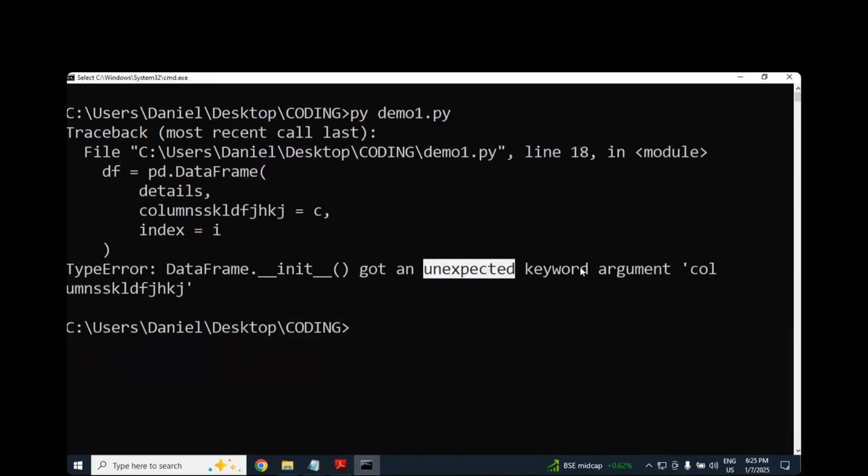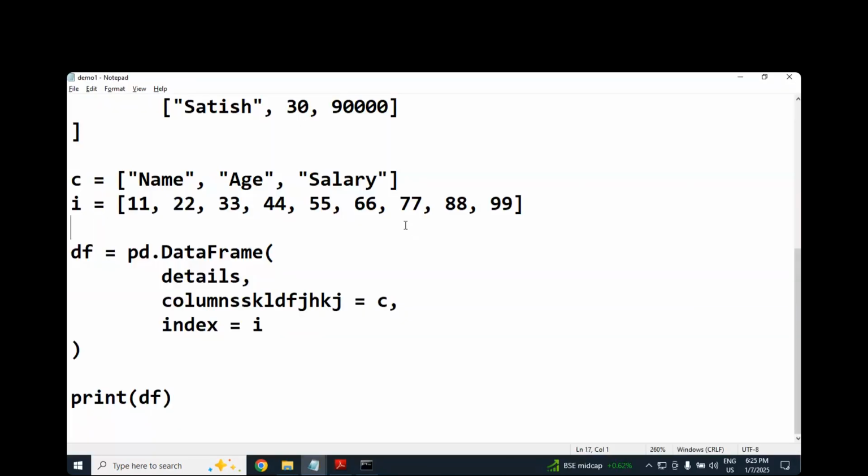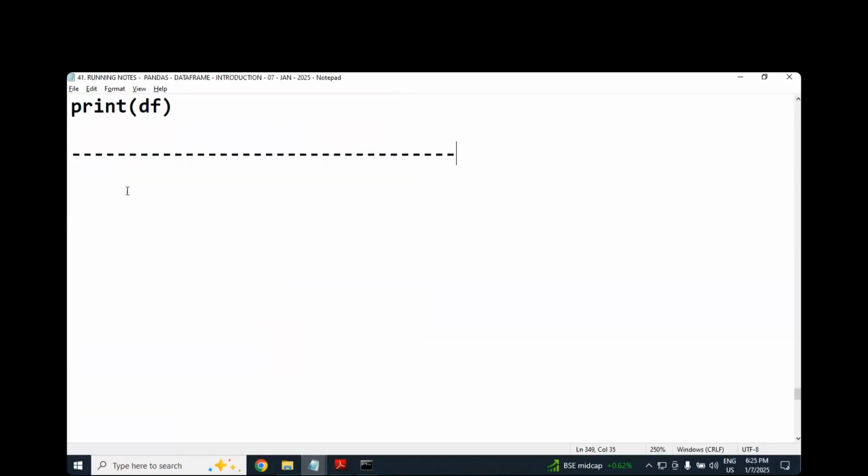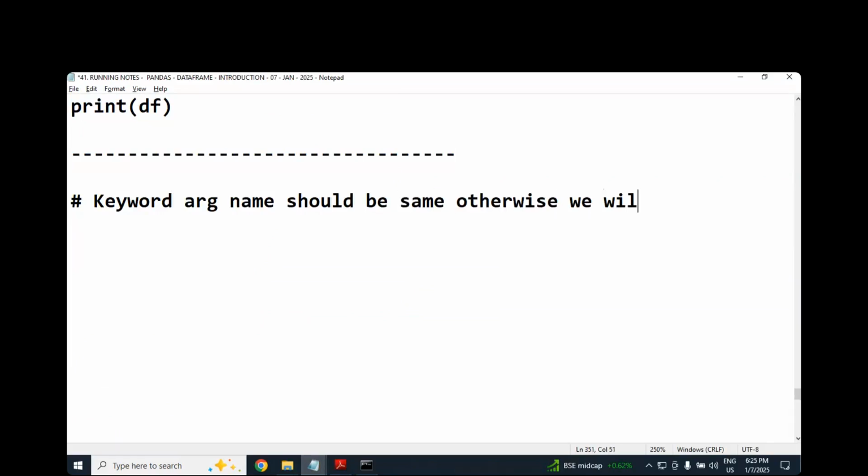Unexpected. Columns is expected, but what you are giving is something else, so this I didn't expect. Let me tell you, the keyword argument name should not be changed. It should be the same. Otherwise, we'll get an error. These all seem to be minute things,